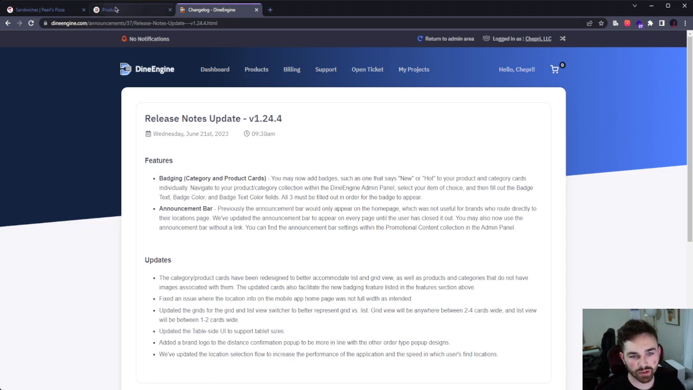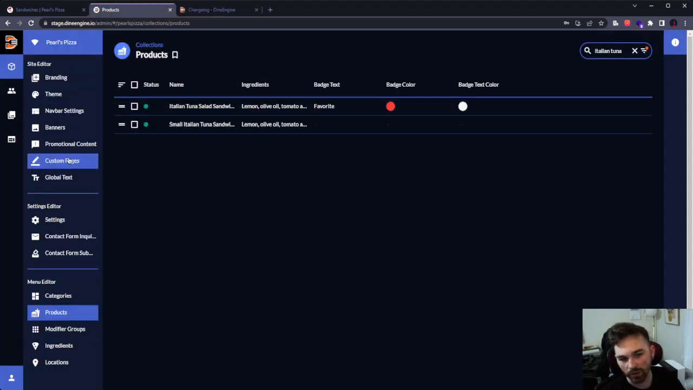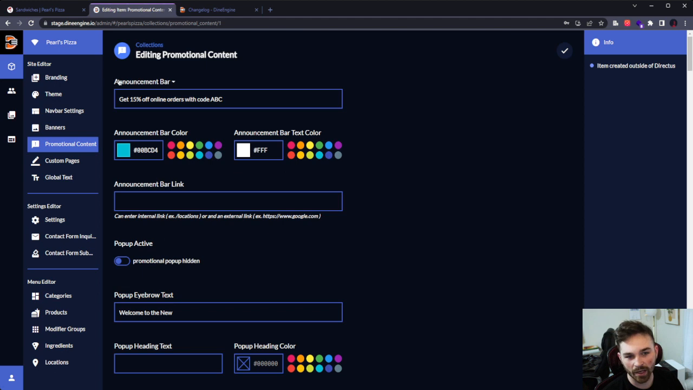So if we go over into the admin panel, you can look for promotional content, and at the top of the promotional content section, you will see all of the announcement bar sections that you need to apply. You can use the announcement bar for anything that you want, but what we recommend is using it for things like coupon codes that a customer can use at checkout, specific information related to your restaurants, such as certain policies that have been updated. This was very useful back during COVID times,